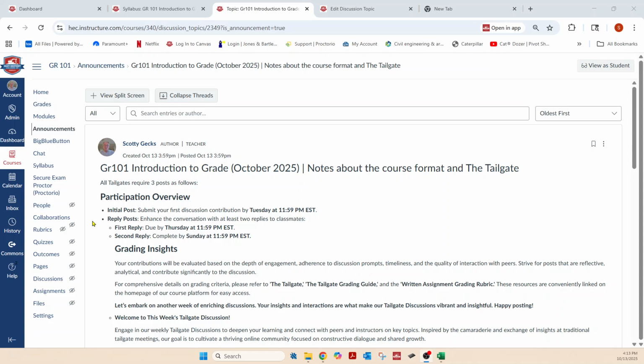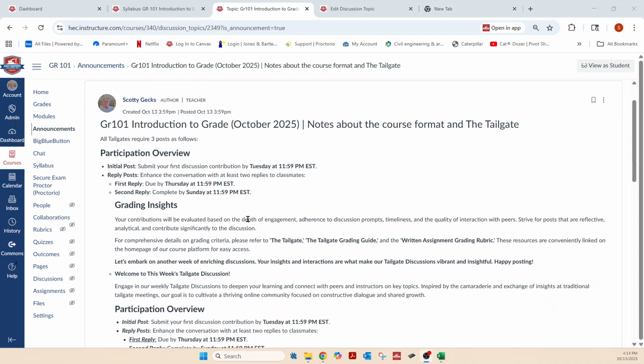So moving on, let's make sure we got that. We'll have three posts in each tailgate. Now, you'll see this again, but this is real important, and it'll make more sense once you start your tailgates. When you get in your tailgate and you start to put up your initial post, I want you to label it initial post. Then you'll respond to the prompts. When we get down a little further, I'll show you some prompts.